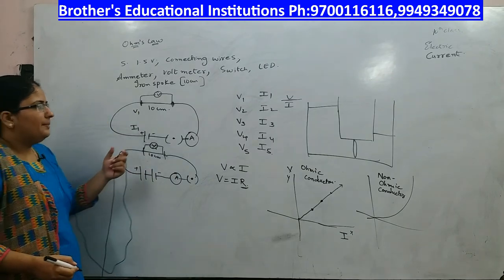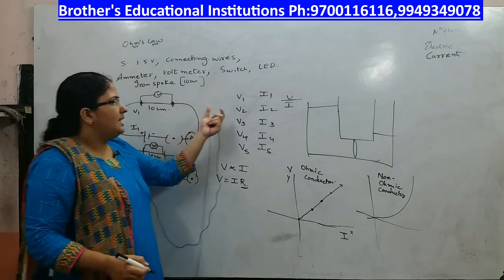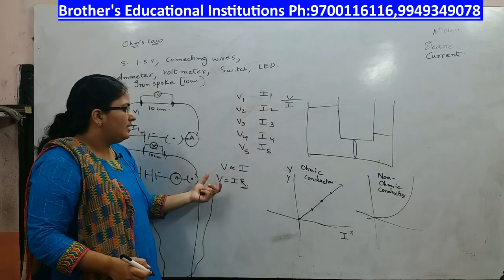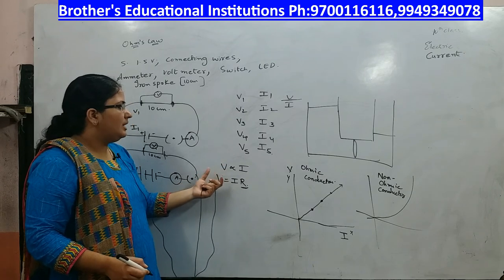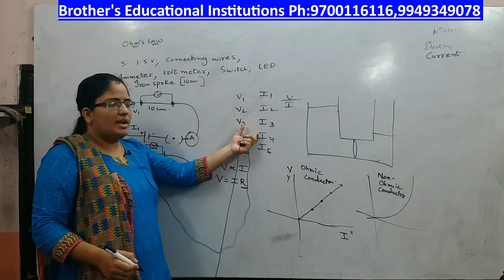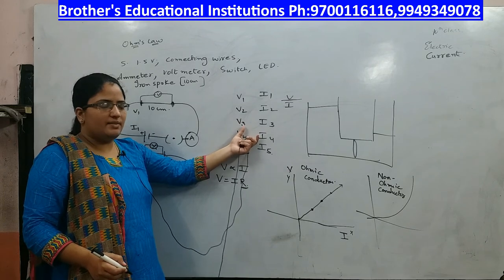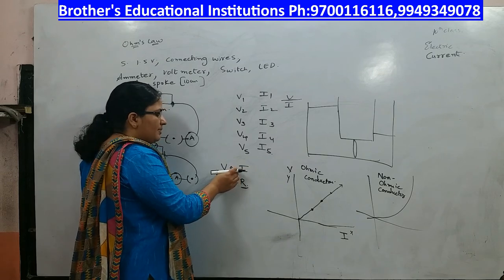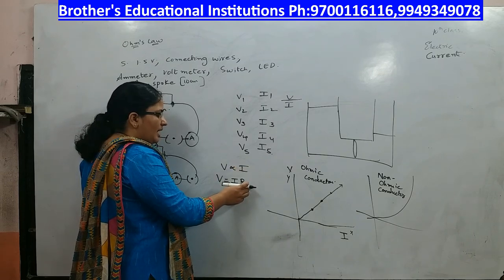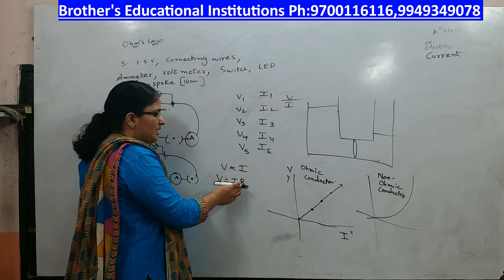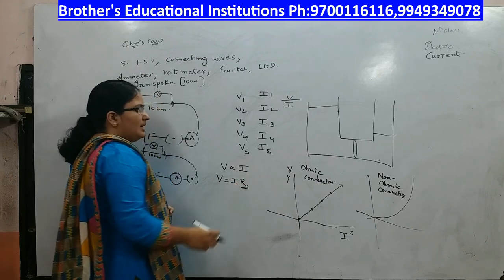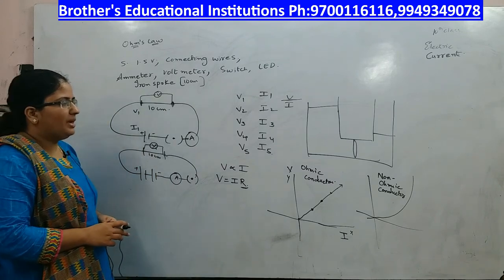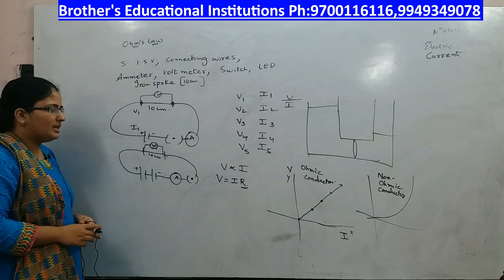That is, as you are increasing V, I also increases in such a way that V is directly proportional to I. When you are removing this proportionality, we introduce a constant called R. V is no doubt proportional to I, but it depends upon the resistance offered by the resistor. Now, we have seen what are ohmic conductors and what are non-ohmic conductors.